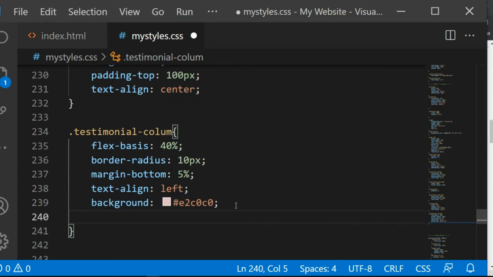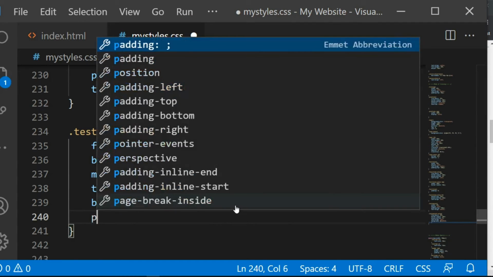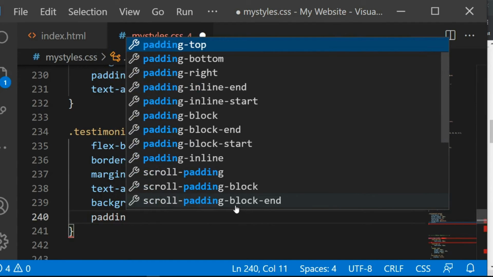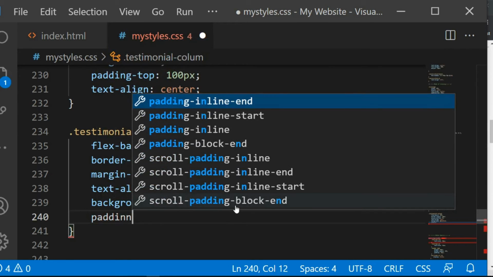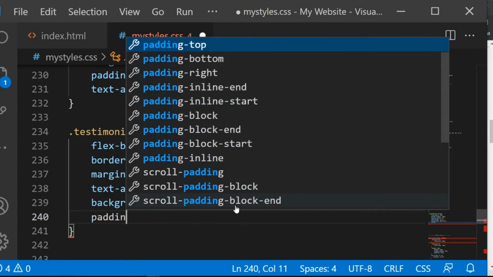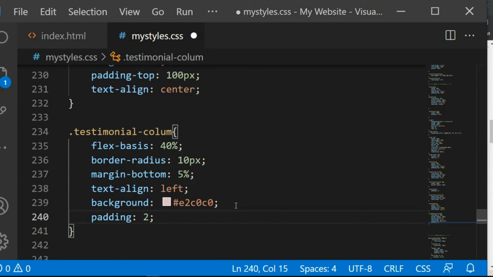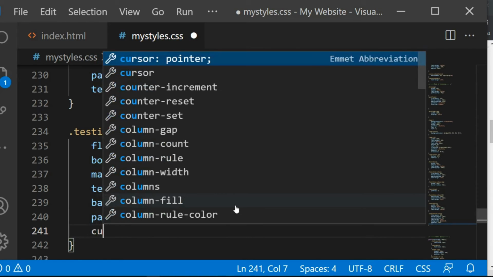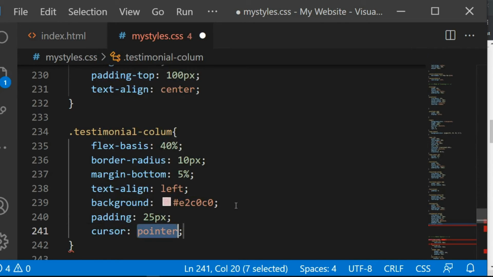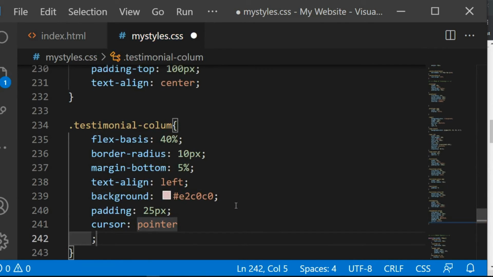So the other thing that I want to write here is the padding. So padding, just padding. And let's give it 25 pixel. So 25 pixel. And then what else? So let me add a cursor pointer, so when you hover on it, it shows the cursor pointer, and then